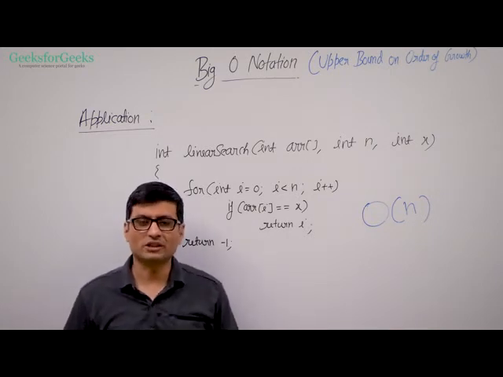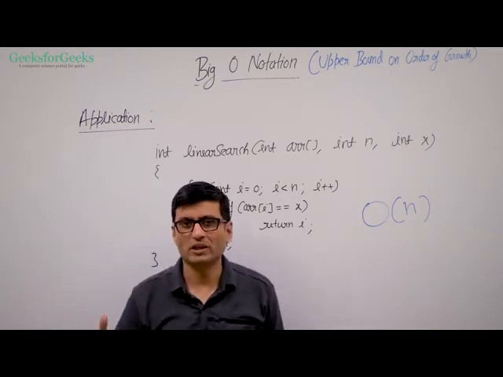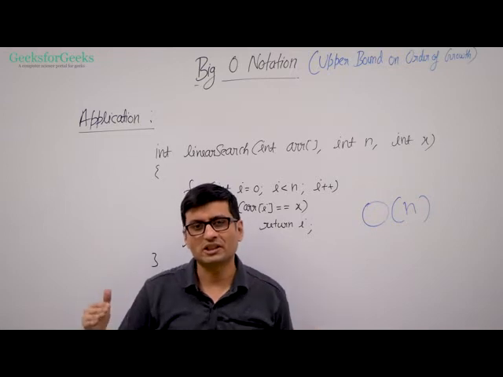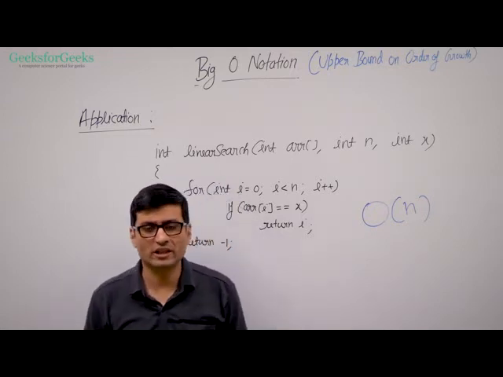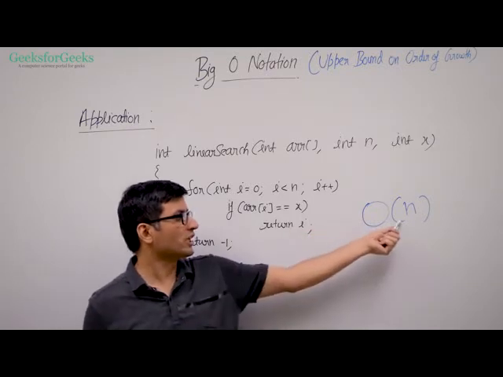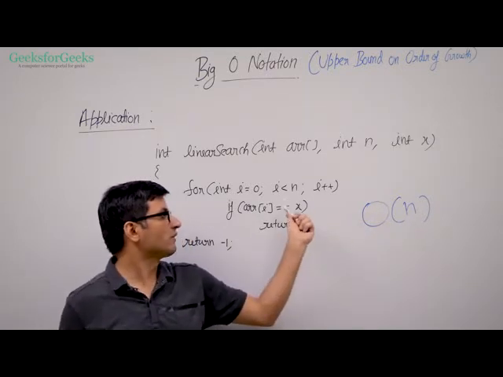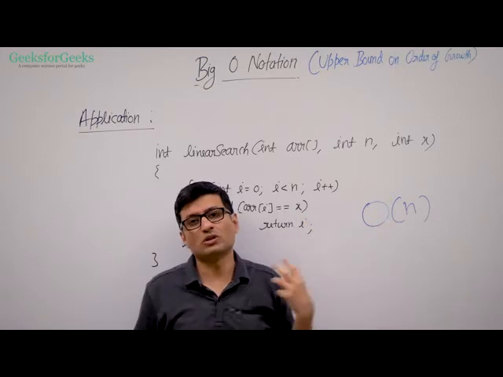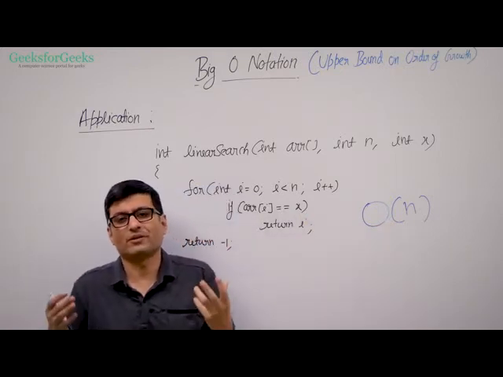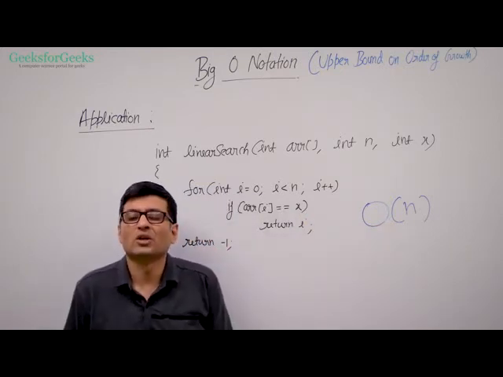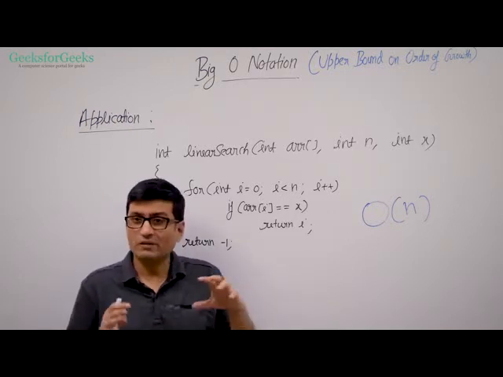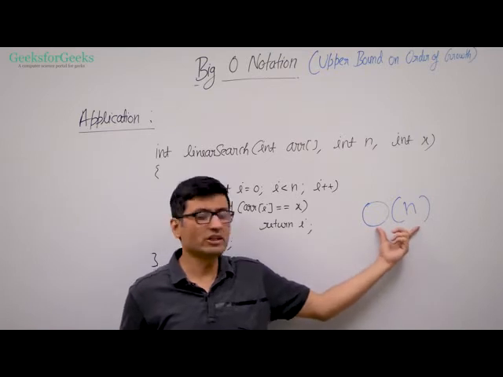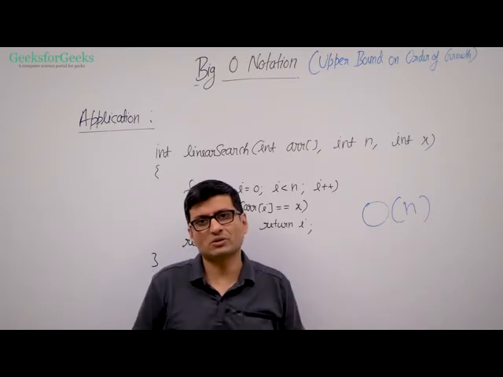Because big O covers everything. Big O means an upper bound, right? So it covers the worst case, it covers the best case, it covers the average case. So you are mathematically correct. Even here we are mathematically correct when we say big O of n, even if it takes constant time for most of the inputs. For example, if your environment is such where the elements are always present at the first two or three positions, even if it is constant, you are mathematically right, because big O of n covers constant as well.